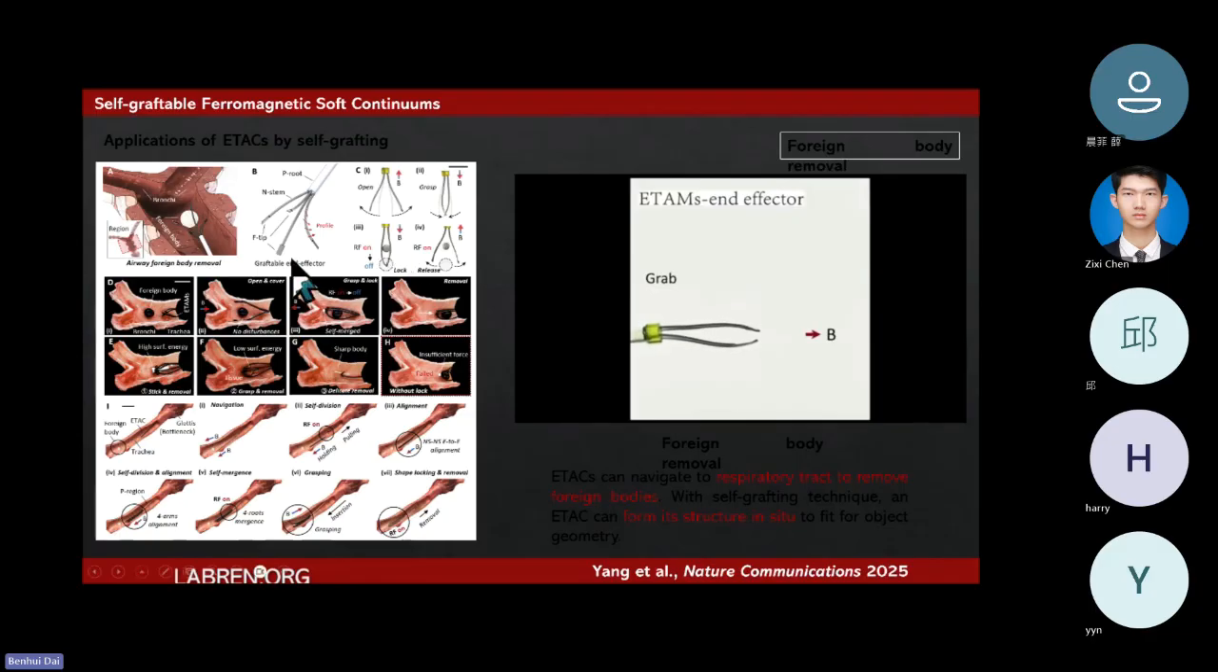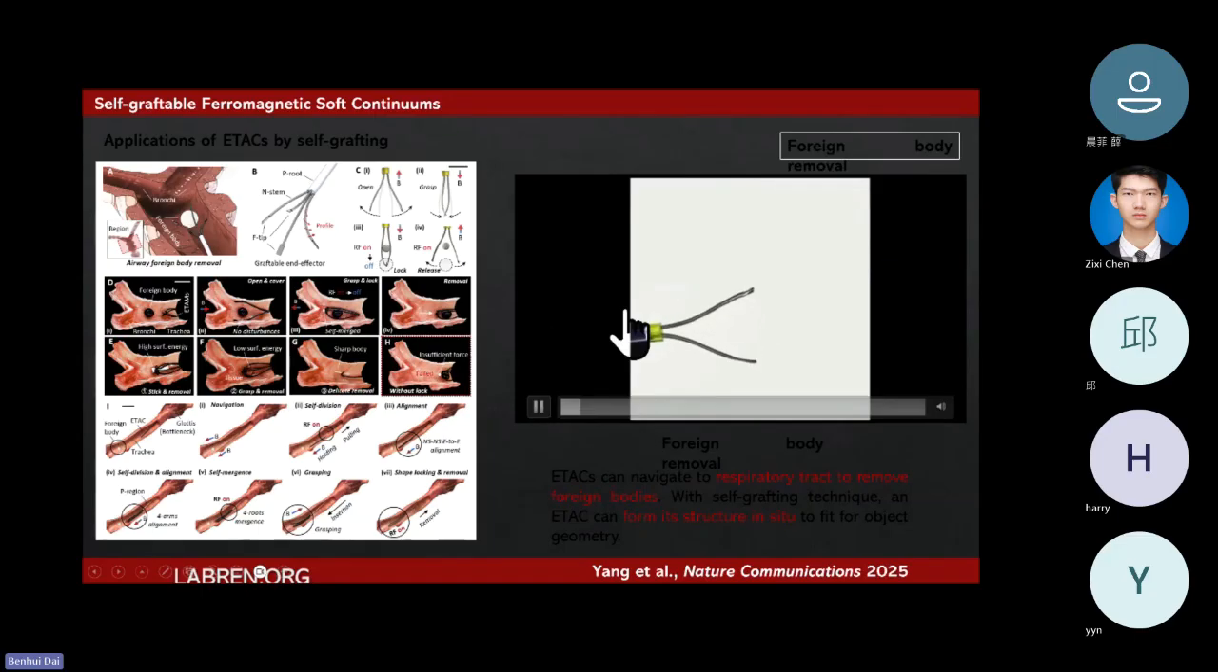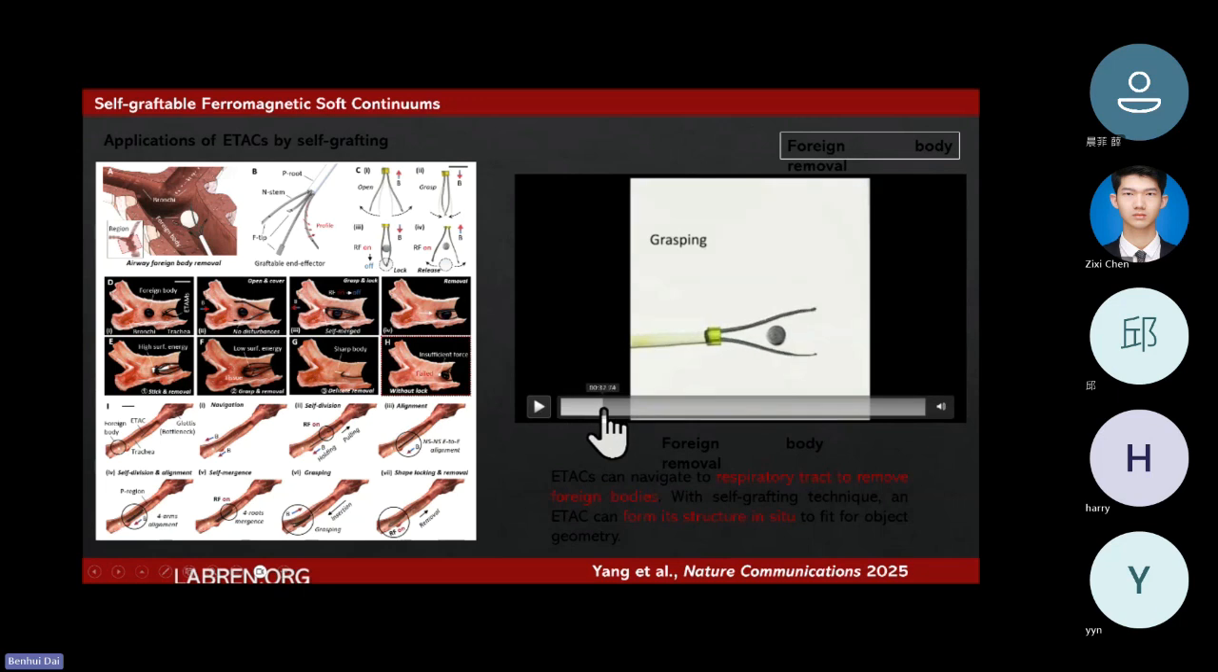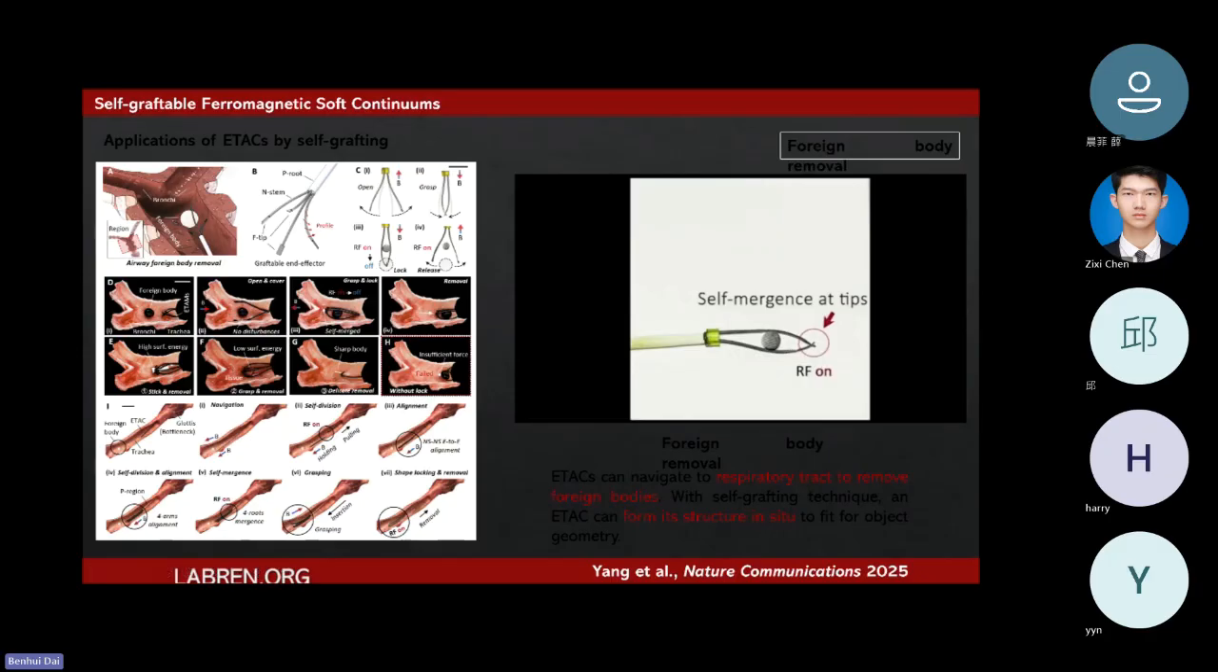actuator, catheter, or guidewire? There's an experiment done in, for example, foreign body retrieval. So we just do the regular way to do the endoscopy. Once we are there, we form, for example, to grasp the foreign body. And we can do the self-merging at the distal tip. In this case, they reconfigure as a basket